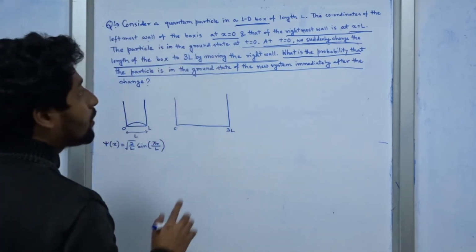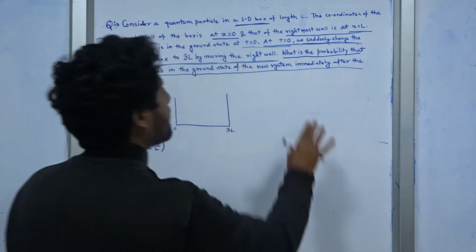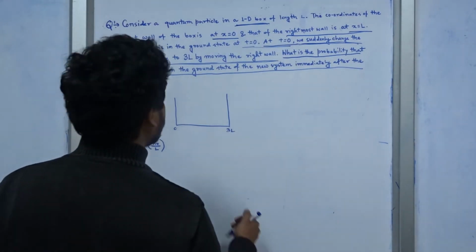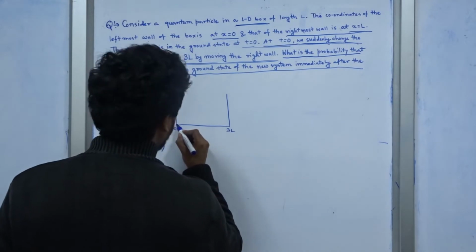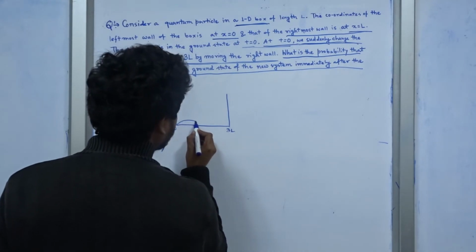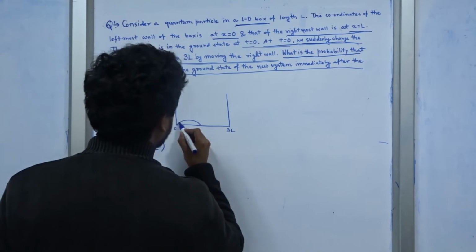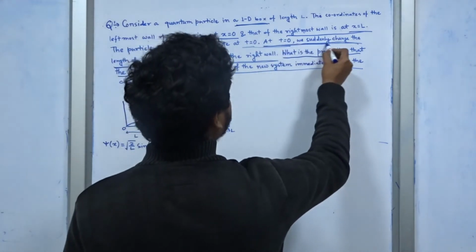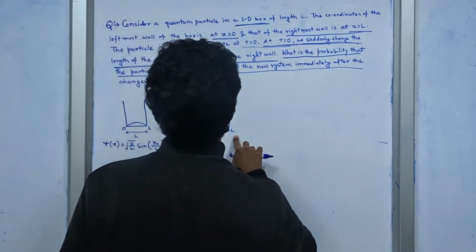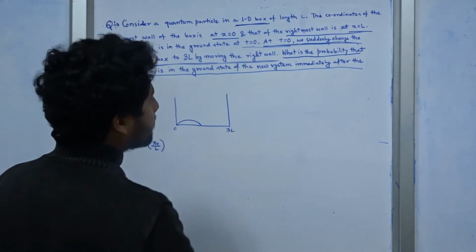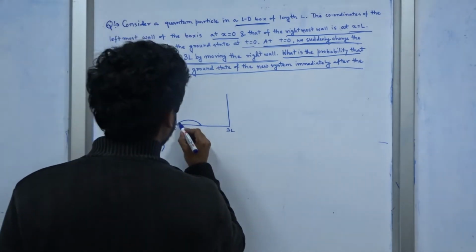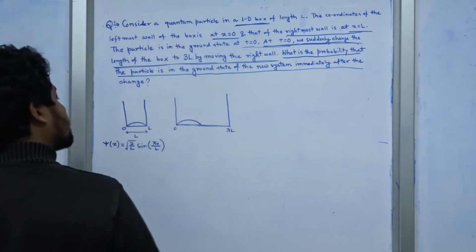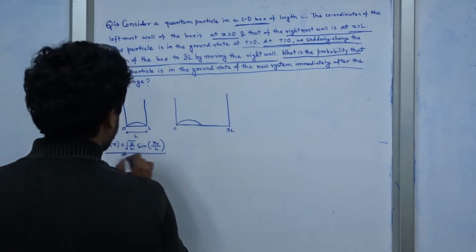as you can see, it's not happening at some later time t. It's happening at time t equals 0. So we are just instantaneously changing the length of the box, but in this process, whenever you see "suddenly," the wave function remains undisturbed. It means this box is now expanded to 0 to 3L, but the process happened so quickly that the wave function is not disturbed. So the wave function remains in its original state, this one,